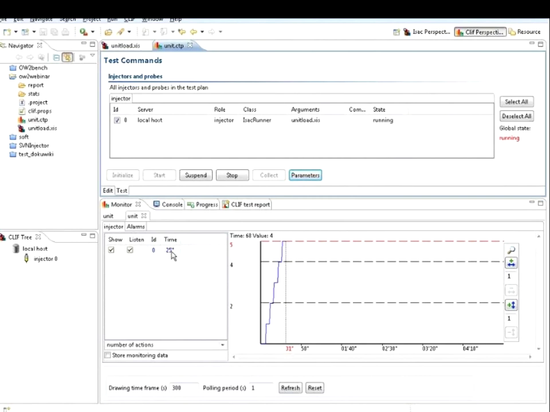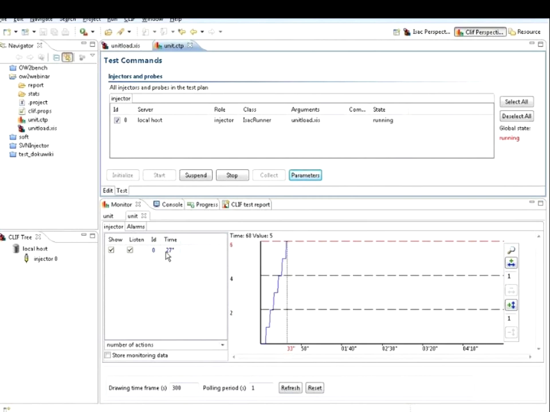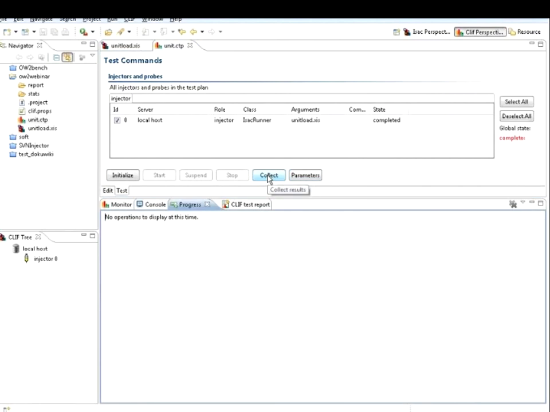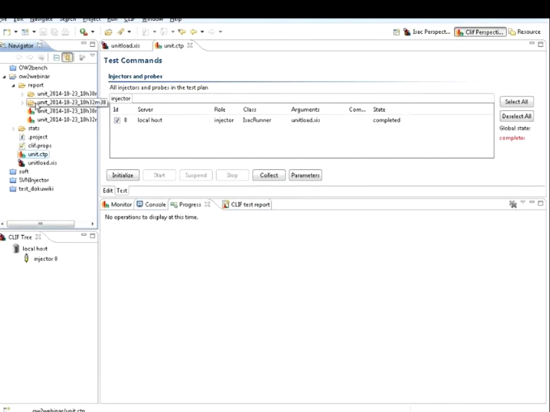And it's also a normal situation that we go further than 20 seconds because the scenario must be completed before the end. Okay, we're done. I click on the collect button because I'm interested in getting the results of this test. And now in the report directory,